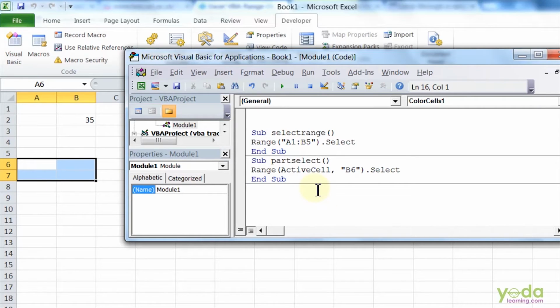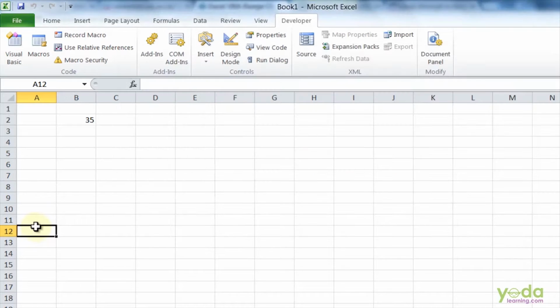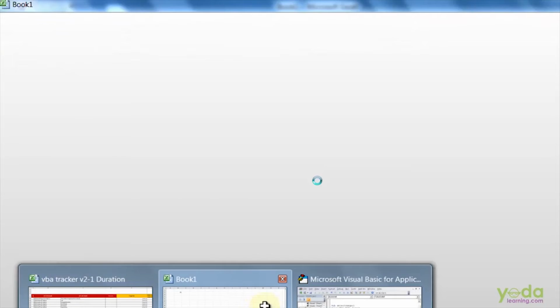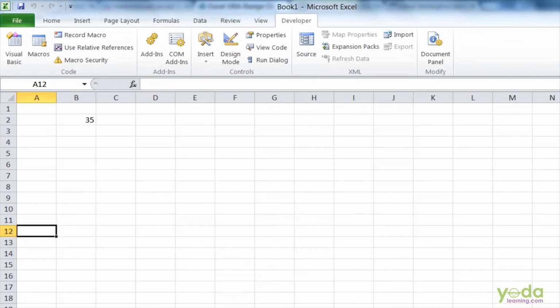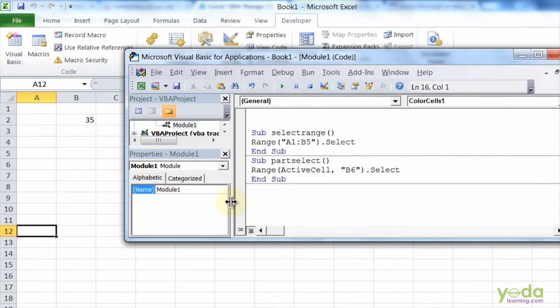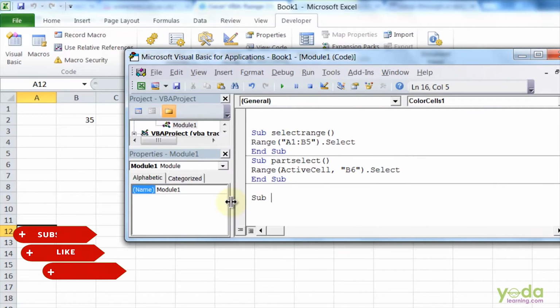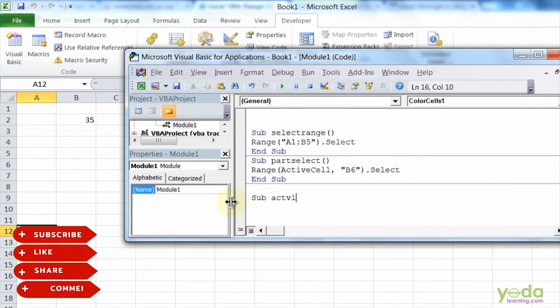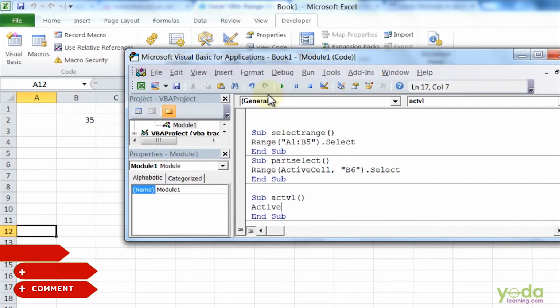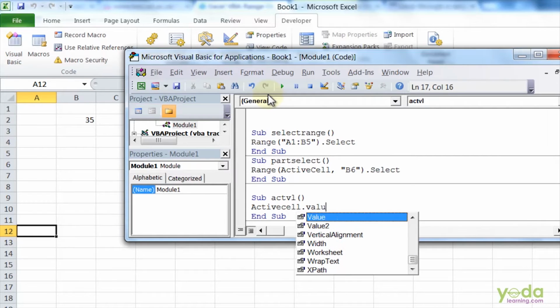Say if you want to select the active cell, say my active cell is A12. I want to select the active cell and insert a value in the active cell. How can I do that? I'll say Sub ActiveVal. I'll say ActiveCell.Value.